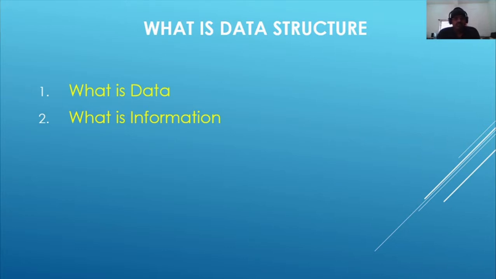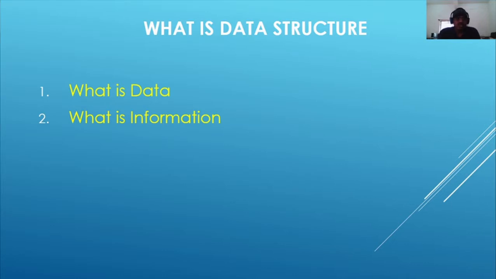To make a distinction between data and information, I will give an example. Let us take a class in which there are a number of students, say 30 students. So 30 students is data. Now what is the information? How do we get information from those 30 students?